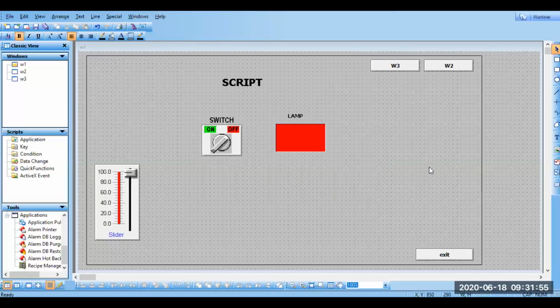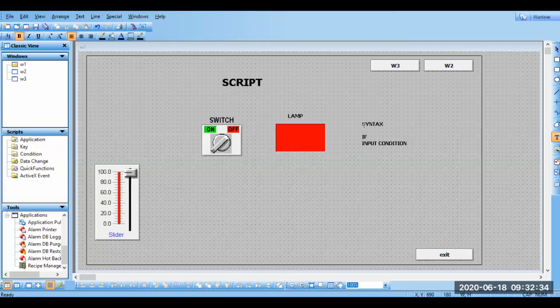Obviously we need to follow some syntax. Let's see what that syntax is. First you write the input condition: if this switch is on, like that you give the input condition.